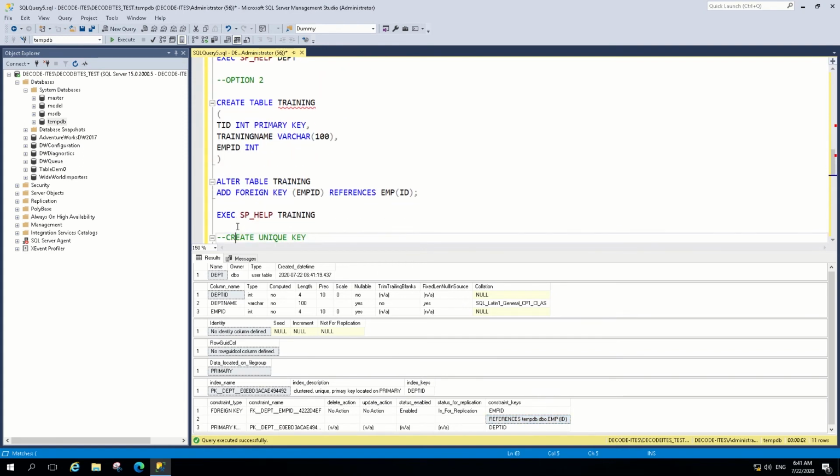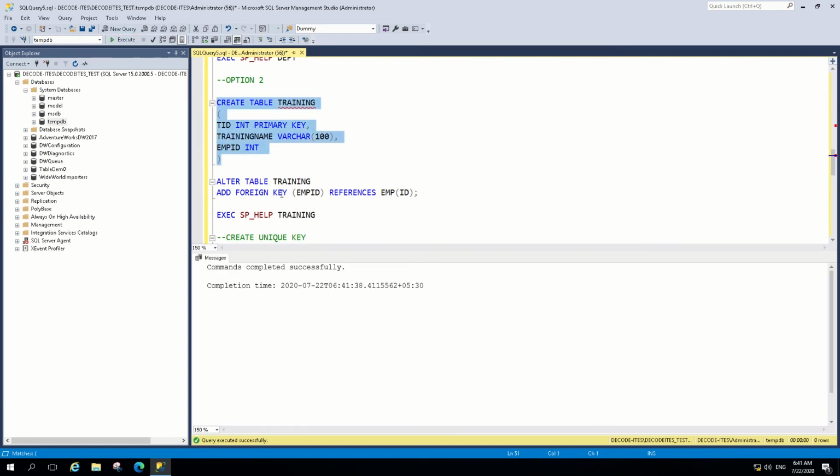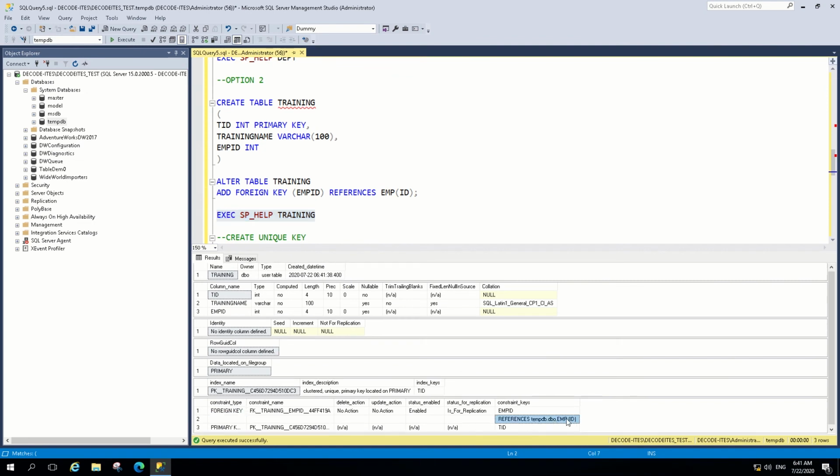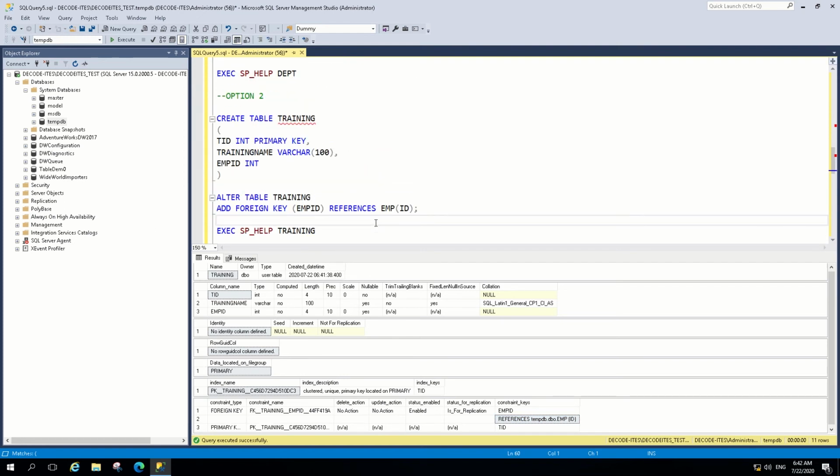We have one more option of creating the foreign key for existing tables. You can create a table like here, and after adding a table, alter table name, add foreign key, child table column, reference, parent table, emp, and parent table column. When you run it, it will create a foreign key for you. So let's run help against this again. The foreign key is created and the table is emp and id for the parent table. For details about foreign keys, what characteristics a foreign key has, and what operations and actions we can perform over foreign keys, you can refer to our lesson on foreign keys.